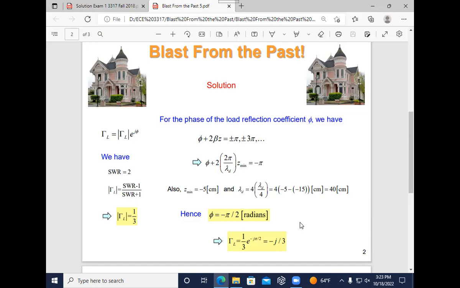Okay, ready to move on? Well, did the test cover twin beams and microstrip lines? Because I noticed that the formulas for them aren't on the formula sheet. So,